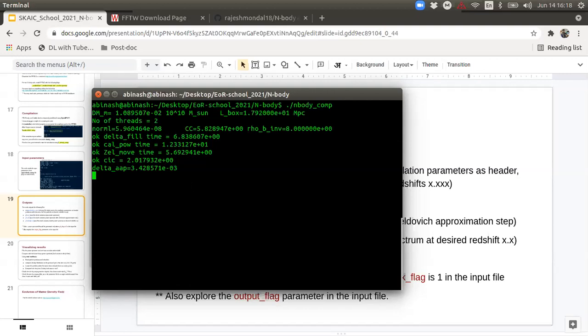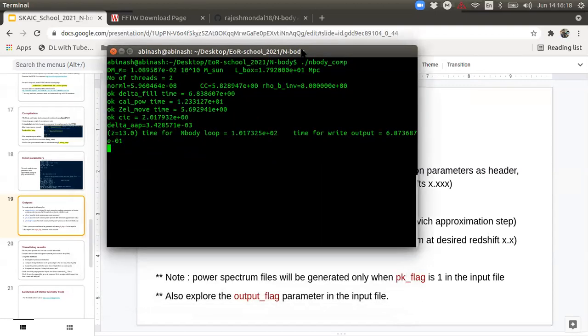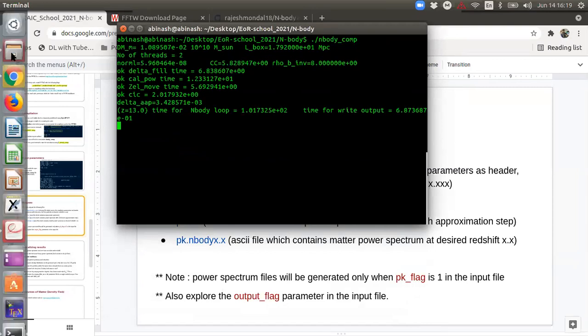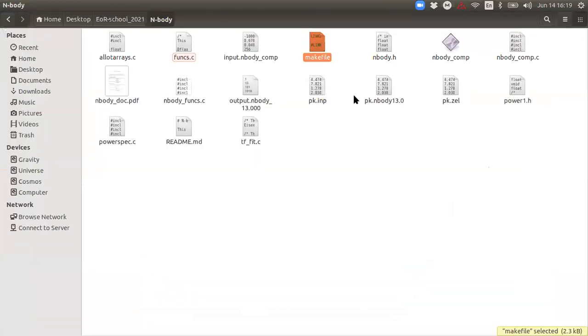Can I make a comment? Yes. It is highly recommended you don't run it on a Windows machine, but on Linux. When I say highly, it is highly. And not even on MacBooks, because the libraries which we have defined here in the make file correspond to the Linux system.